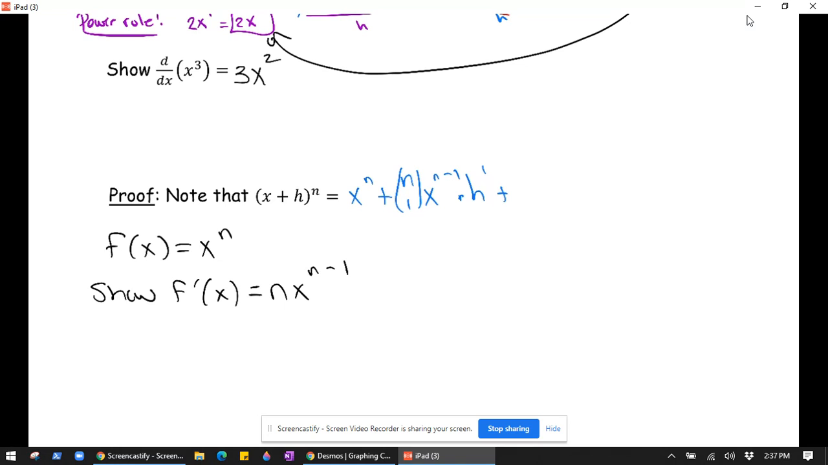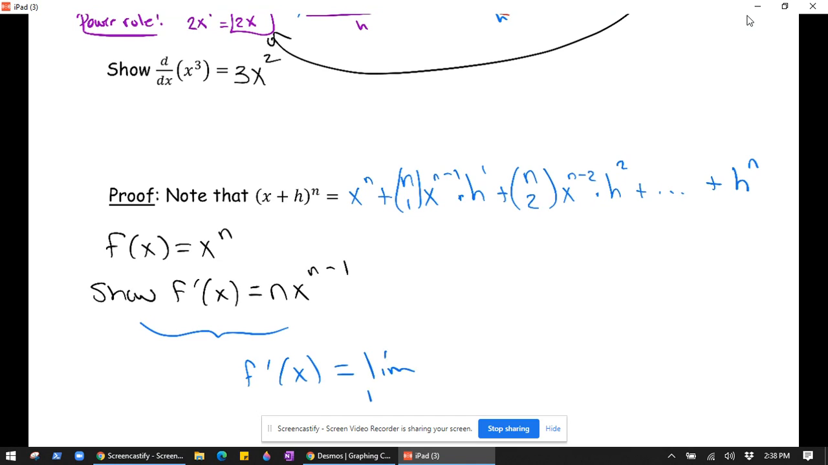The next term would be n choose 2 times x^(n-2) times h squared. So the h exponents keep increasing, and the x exponents keep decreasing, but eventually the last term would be h^n, and the coefficient would be a 1. The reason that's important is because in order to show this, using our x plus h definition, you would get it set up like this. So f(x + h) would be (x + h)^n minus x^n